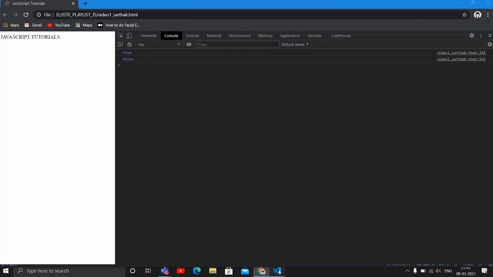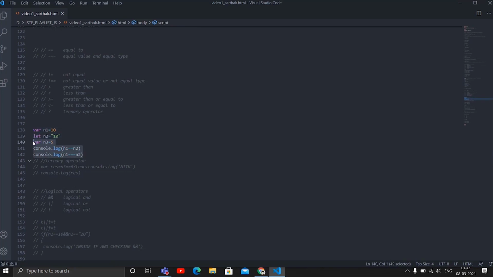Yeah, true and false as expected. Now let's see ternary operators. What the ternary operator does is, first there will be a condition check. If this condition is true, then this part will be executed. If this condition is false, then this part will be executed. It's not compulsory to have true and false over here. We can have any expression, any statement over here. For now, I have kept true and false, like n3 equals 6. Then this condition is false, so this part is going to execute.